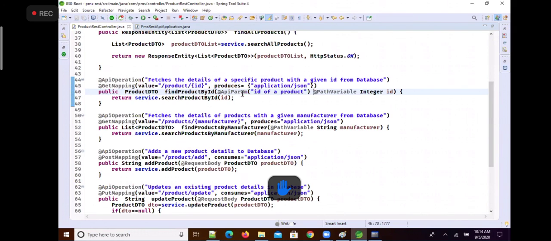So what annotation did I use? @ApiParam. What's the purpose of this annotation? To write a description for an API parameter. That's what: ID of a product, ApiParam.